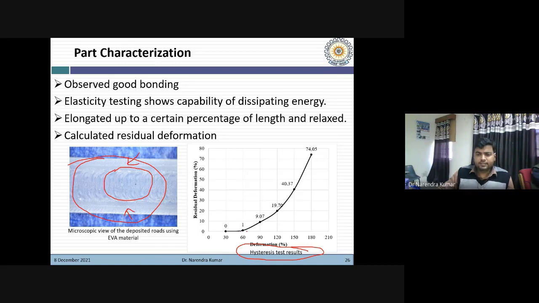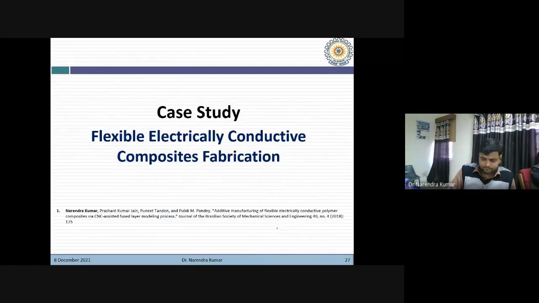Up to 16% deformation, the specimen regained its original shape. The residual deformation is almost 1%. So you can see the parts were very flexible in nature and deformed easily, and after deformation, the load was released and they regained their original shape.